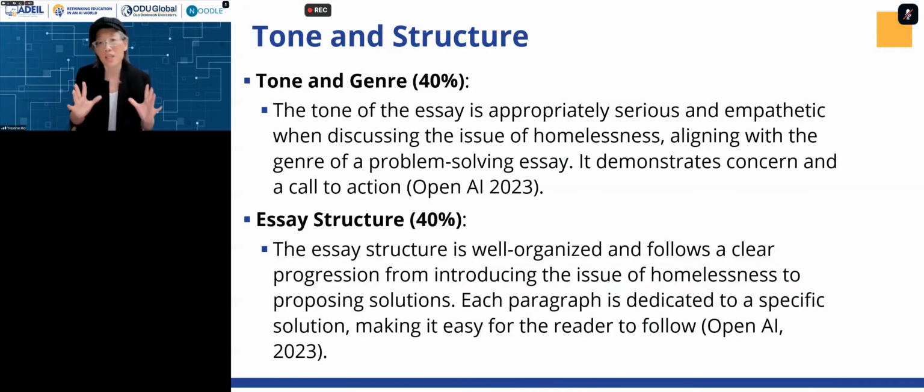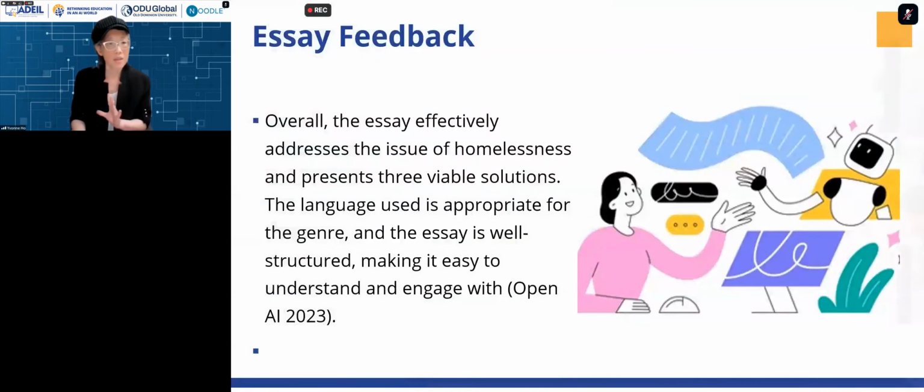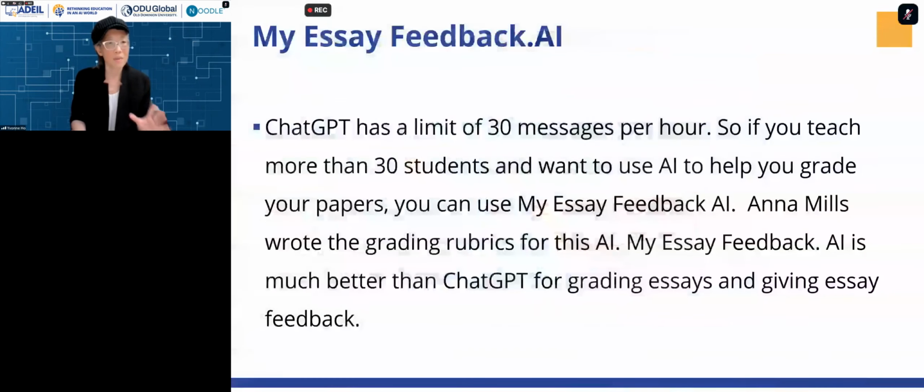The tone of the essay is appropriately serious when discussing the issue of homelessness, aligning with the genre of a problem-solving essay. It demonstrates concern and a call to action. The essay structure is well organized and follows a clear progression from introducing the issue of homelessness to proposing solutions. And so these are all examples, but ChatGPT has a limit of 30 messages per hour. So if you have more than 30 students, let's say 100 students, and you want to put in all 100 essays, you could use